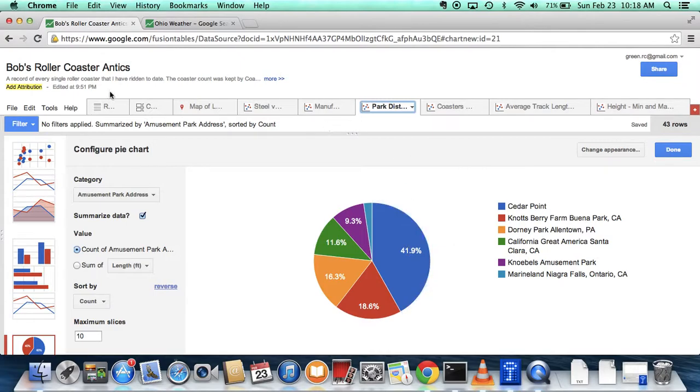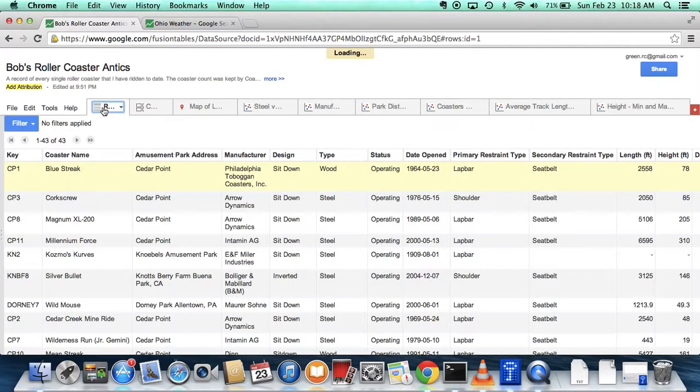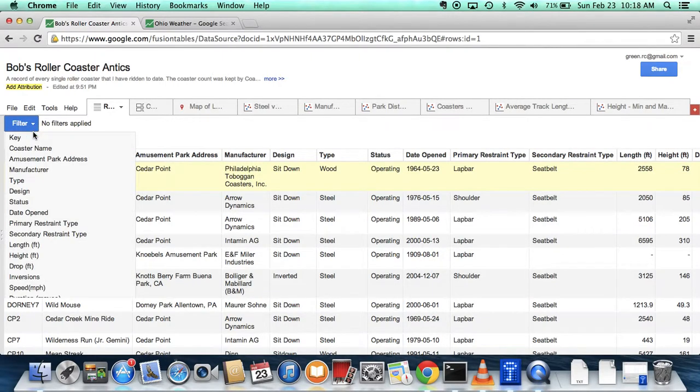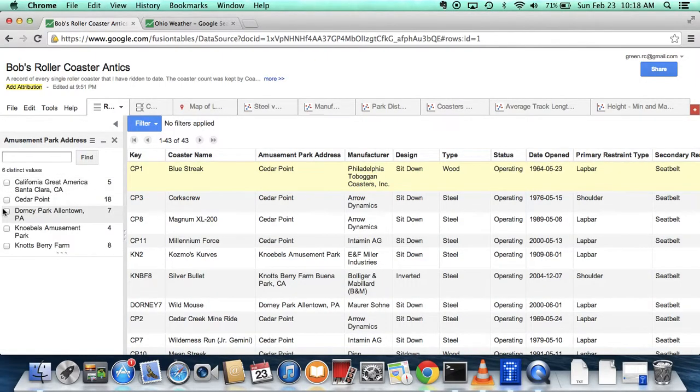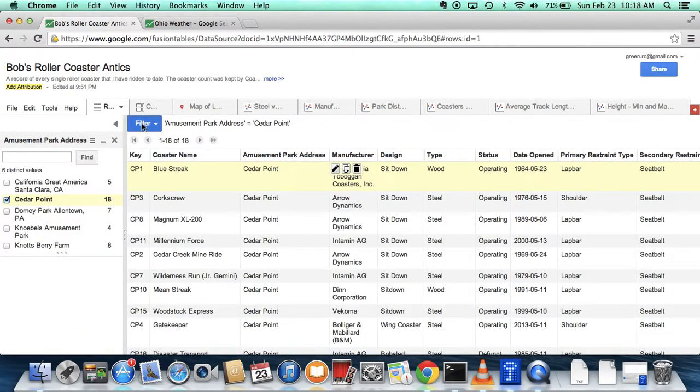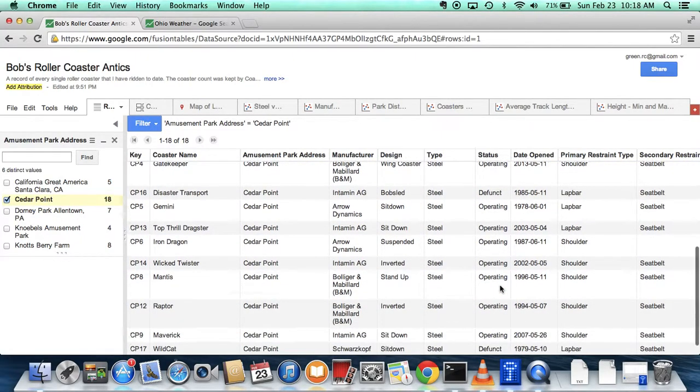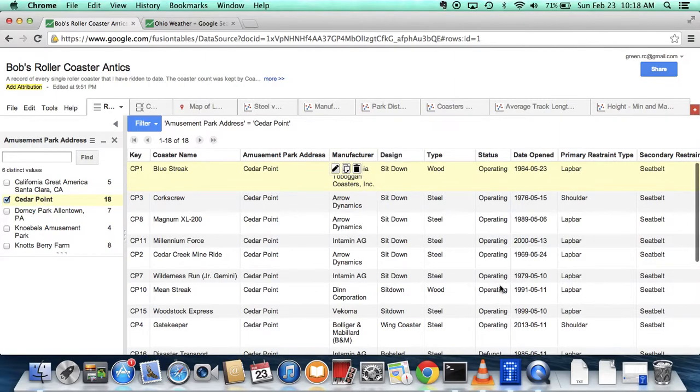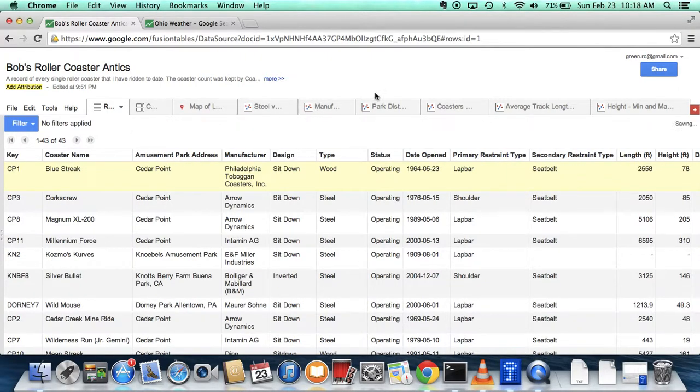So let's look at the roller coaster offerings for Cedar Point. We come over here to our filter. The filter will let you break things down based on different options. So we're going to break it down based on the park, and then we are going to see that Cedar Point only has 2 wood coasters while the others are steel. So, knowing that,